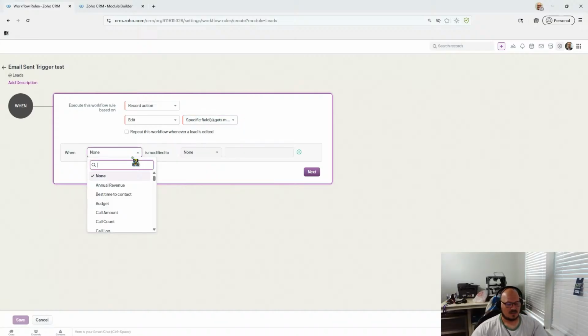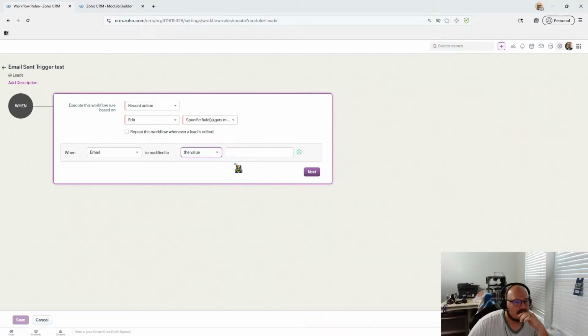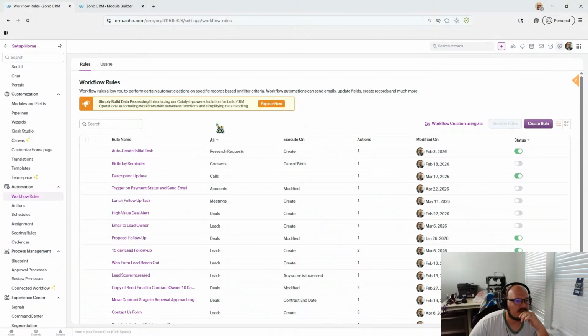So when can we do email? Oh, email. It says email not empty. Oh no, this is talking about the email field, not the value, right? So no, that's talking about the email field. Opt out. Yeah, I would have to create a trigger, like an email sent checkbox, in order to trigger that, right? So I would need to do something like